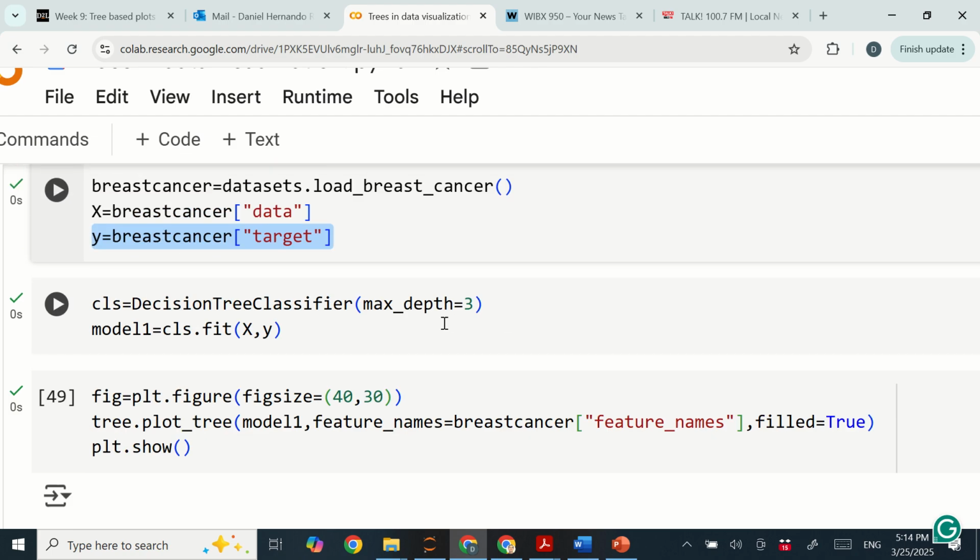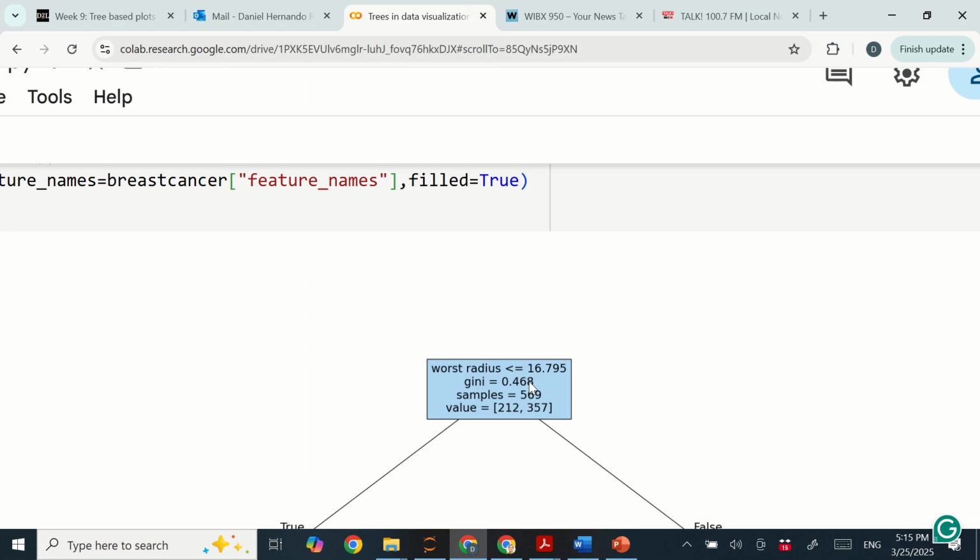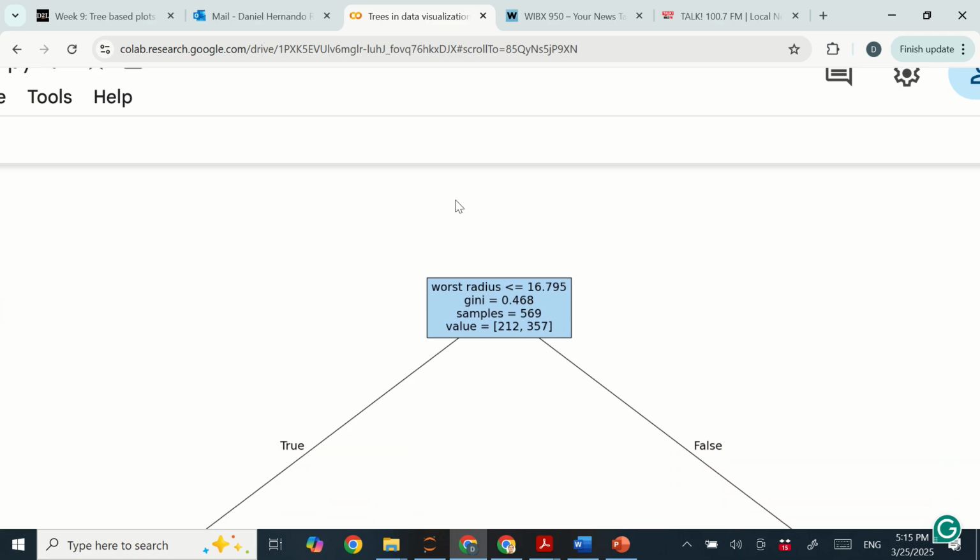Okay, so same thing, we create our tree. Here I will use it not for predictive purposes; I want to do it more for exploratory data analysis. Remember that the outcome is whether the tumor is malignant or benign, and there are 10 independent variables. They measure the radius of the tumors, the perimeter, smoothness, and different metrics. The most important variable here, according to the classification tree, is the worst radius